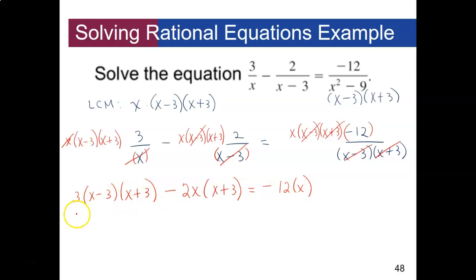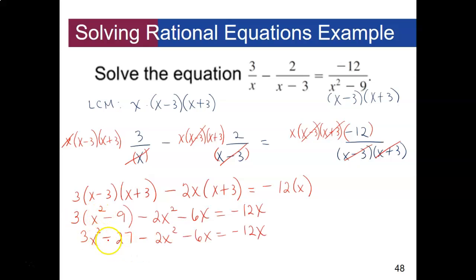This one is a quadratic, so I'm going to FOIL this out. So I'll have x squared. Inner and outer are going to cancel, so I'll have x squared minus 9. Here I'm going to distribute. I'll have 2x squared minus 6x, and then here I'm going to have negative 12x. So I'm going to keep going with this, distribute here, and I can see that I'm going to have a